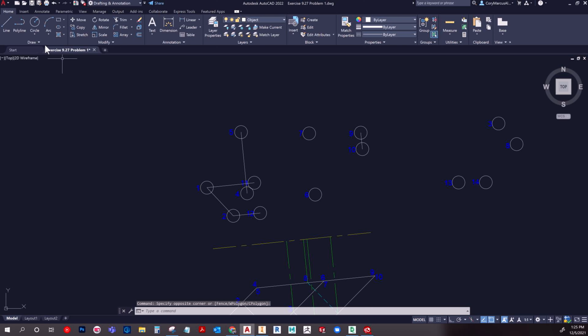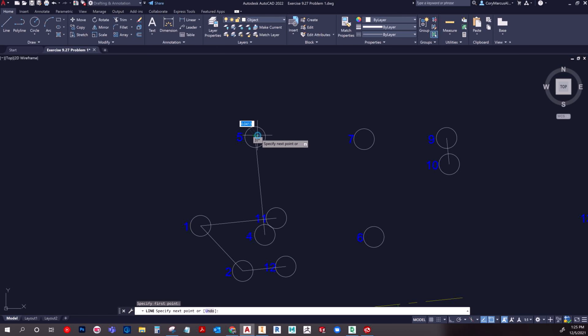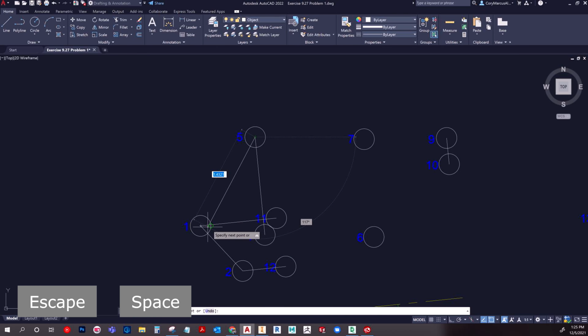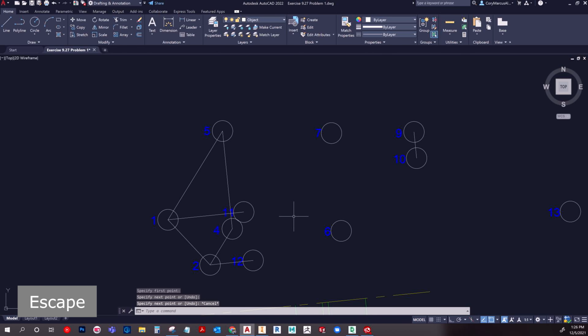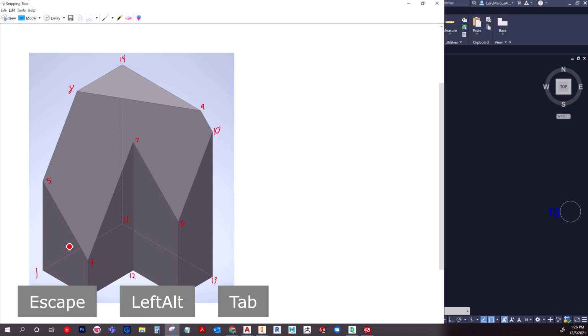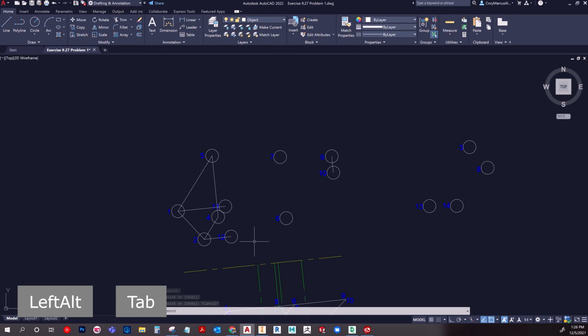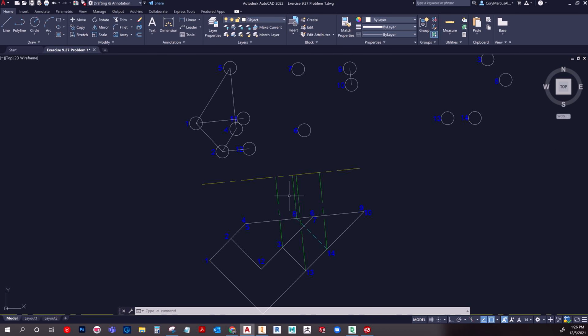And this is where it gets fun because you're like, oh man, it's coming together. But there's 5, 1, 4, 2. And just like that, we have our first face. This one right here. So essentially we can keep plugging along, and let's do